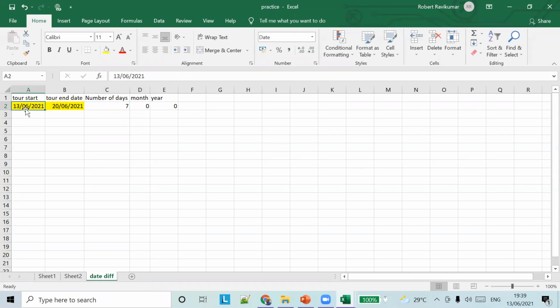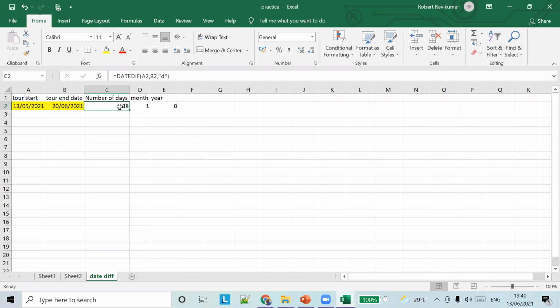Let's say if I change the month alone, now the difference is only 7 days, because it lies in the same year and same month. Let's say I push the start date to April. If I tab out, what are the parameters that will change? Guys, tell me what will be the answer. What will be the month value here? 1 month. Yeah, very good. The days also change. It's more than a month, almost 38 days.